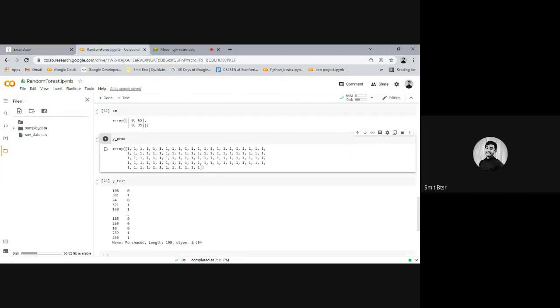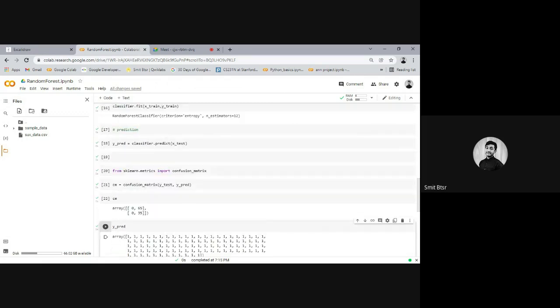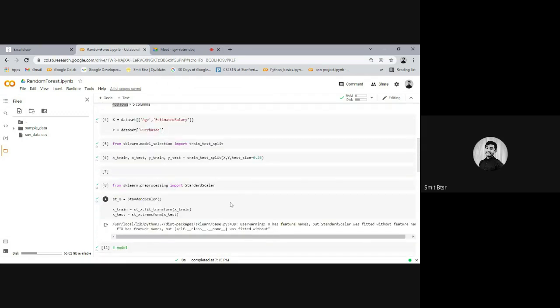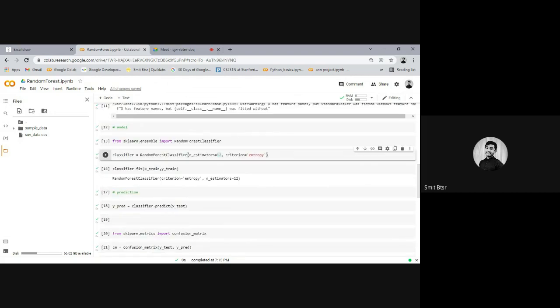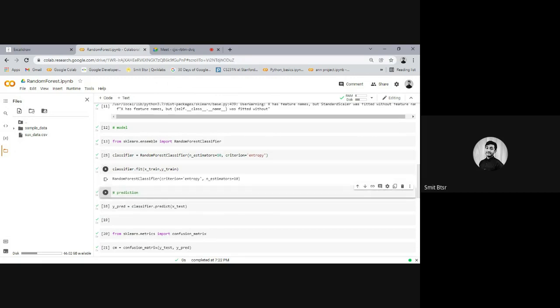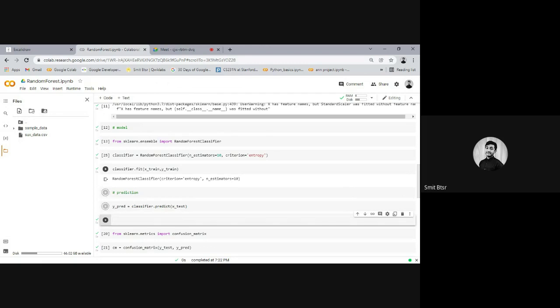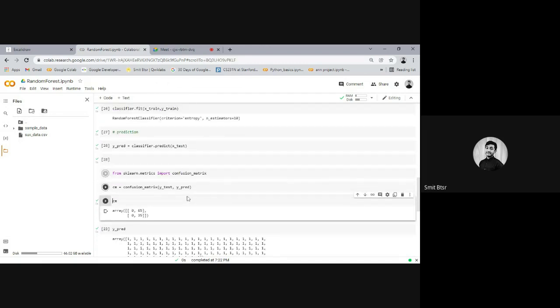Here my case was so bad that it predicted all ones. We can change the number of estimators and we might get different values. Let's say I change it to 10, and then again test, predict, and find the confusion matrix.